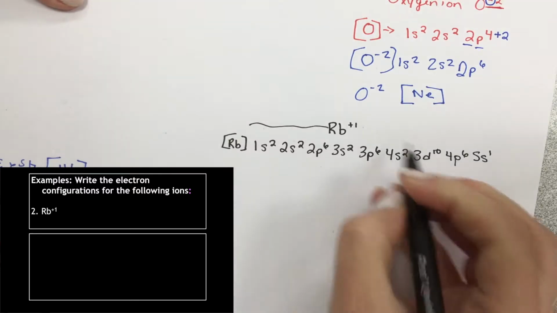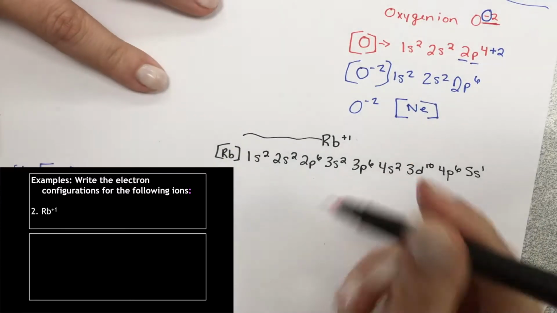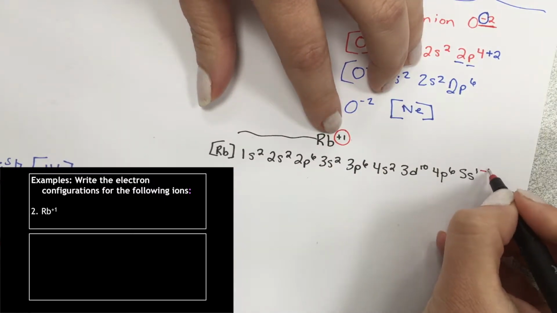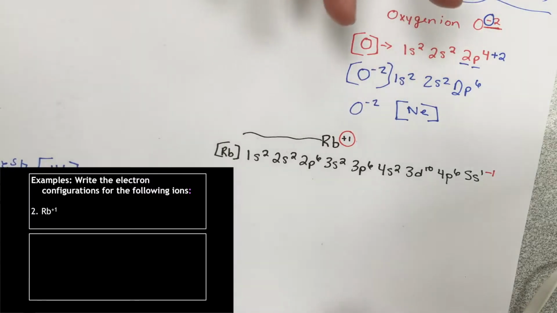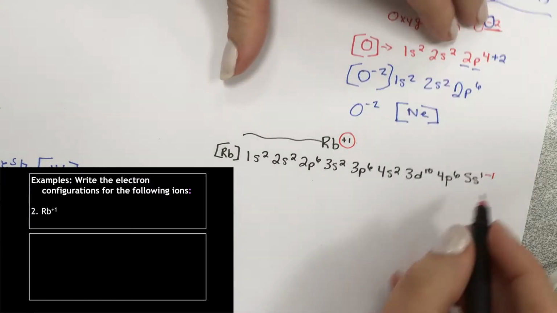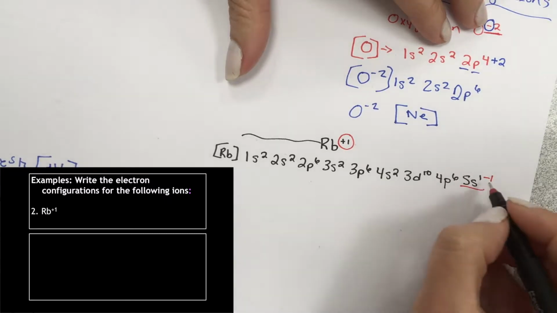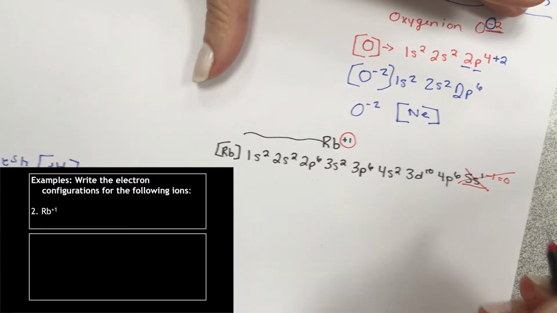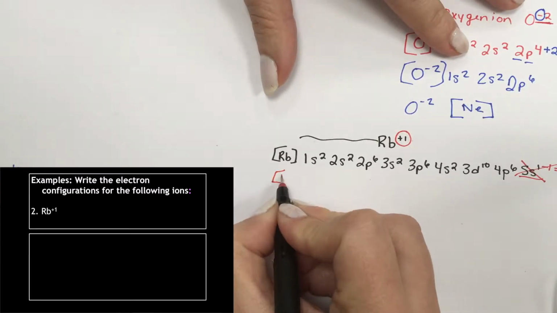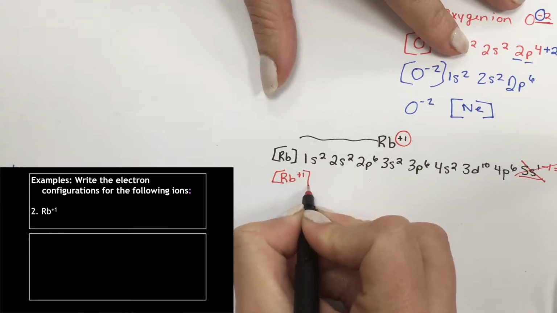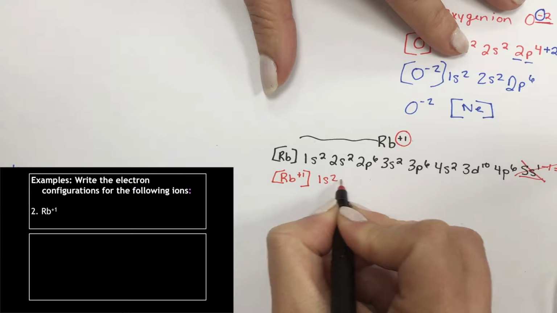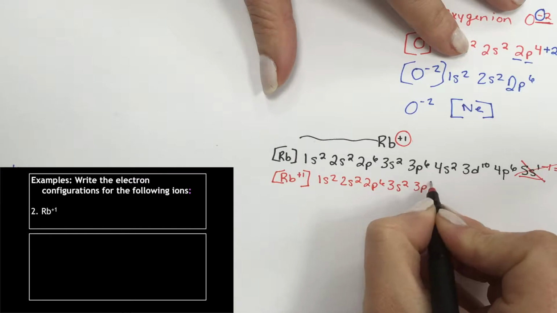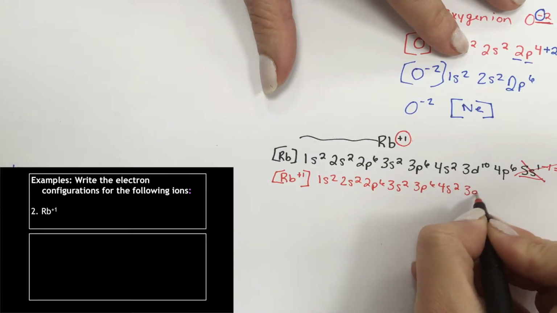Now, we want to take a look at the charge, okay? Remember, you do the opposite. So this is adding, so we're going to subtract 1 here. Keep in mind, once you have ions, we can actually lose an energy level. We're going to lose that energy level because 1 minus 1 is 0, and you're not going to put 5 as 0. You're just going to cross that out, okay? So the electron configuration for the rubidium ion with a +1 charge is 1s2, 2s2, 2p6, 3s2, 3p6, 4s2, 3d10,